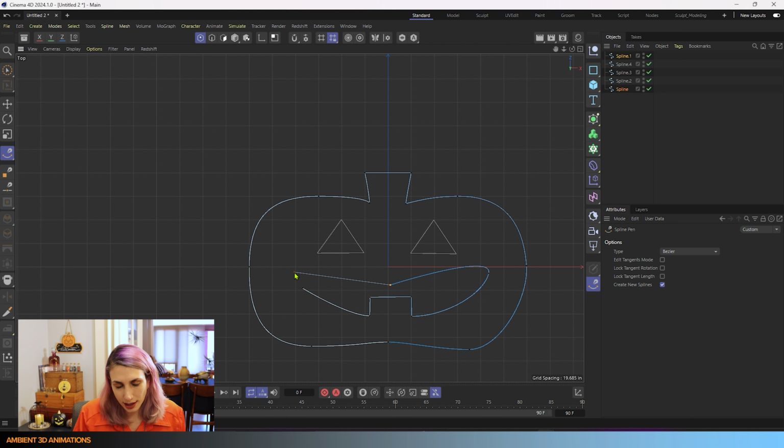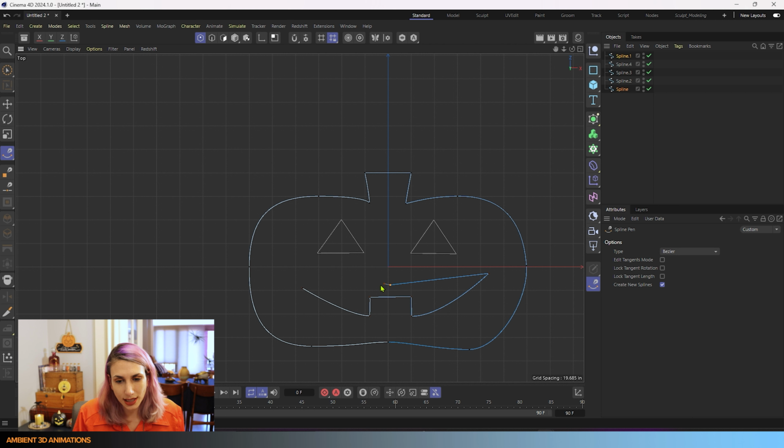And let's say I accidentally made this rounded when I didn't want it to be. I'm going to hit escape and I'm going to click on this. So you have a few options if you want to make this part no longer curved. If you double click on it, you'll make it a point. And it does much the same thing as if you right clicked on this point and made it a hard tangent. Instead, I just double clicked on it, and if you double click on a hard tangent like this one, you can also make it curved again. So it's a pretty quick fix, and that's the hotkey for that.